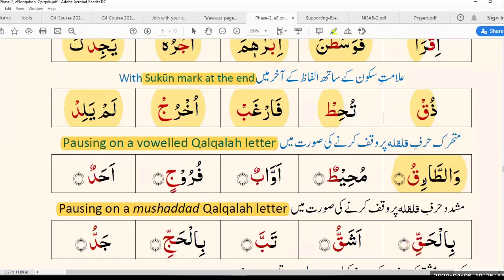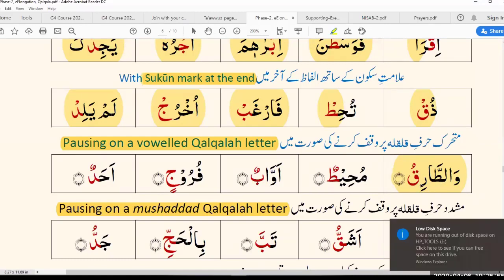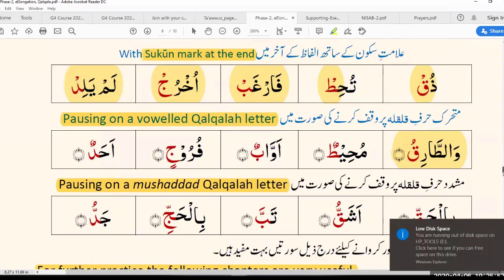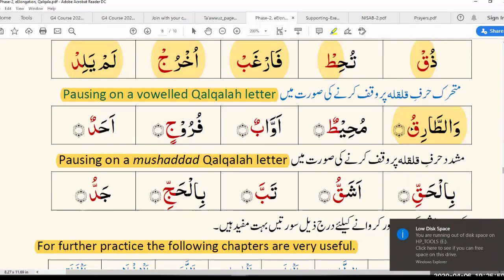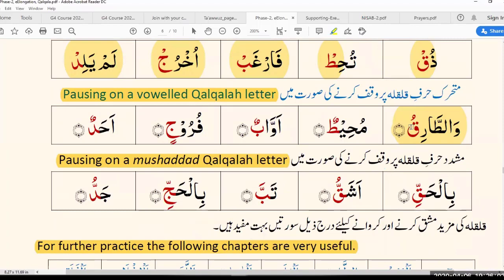So can you read it in continuation and then in pausing? It's a thick letter, so try and make it a thick sound. Yeah. And how do you stop?